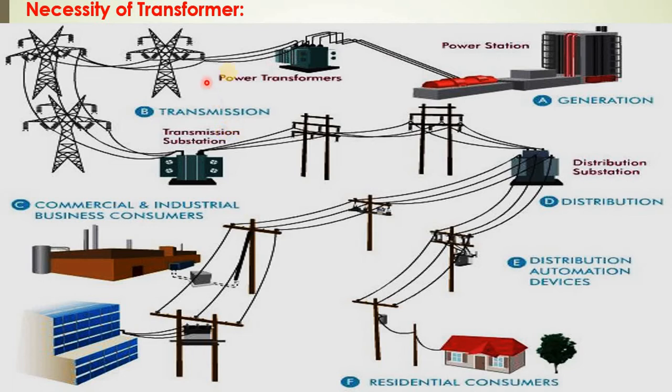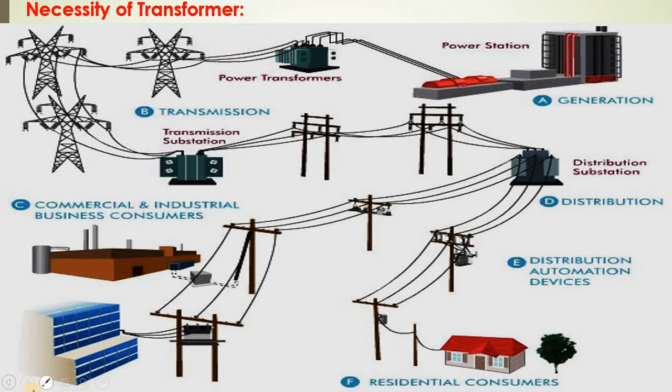Economical way means what? We have to minimize the losses. If the losses are more, then the generated power will get lost in the losses, and only the rest of the power is available to the end consumers. So to avoid the losses in transmission, the power has to be transferred in an economical way. So what is the way to transfer that power economically?